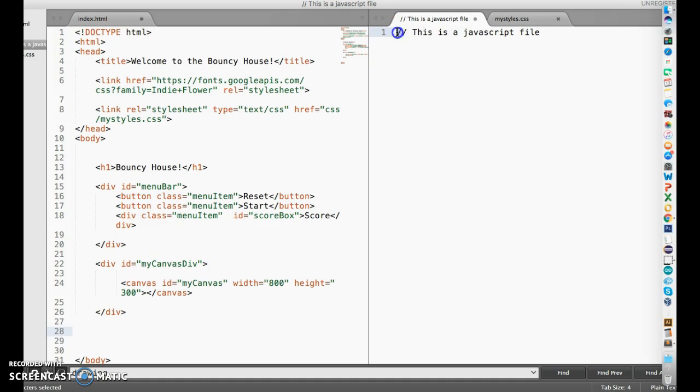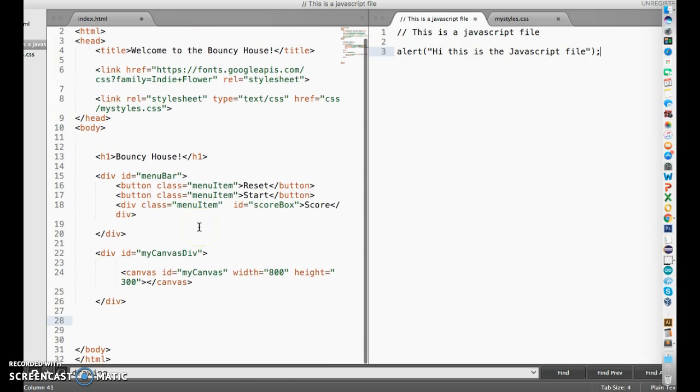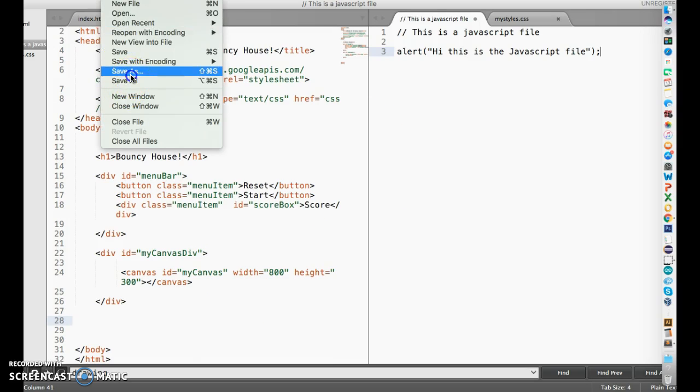Okay, and there's a different type of comment that you can use here. So we'll do it, and there's a thing called an alert, which we've actually learned about, and we'll just make it say hi, so we can get the thing working. We'll know. Okay, this is the JavaScript file. So it's going to do this, and it'll send us something back. Okay, and then we can do more with it. Okay, and what we have to do is activate. So you have to save this. Okay. So you want to do a save as,